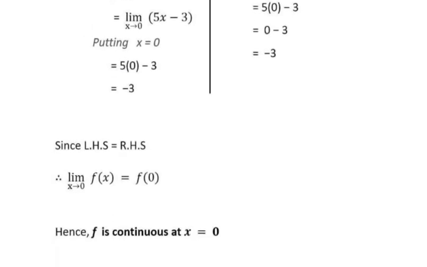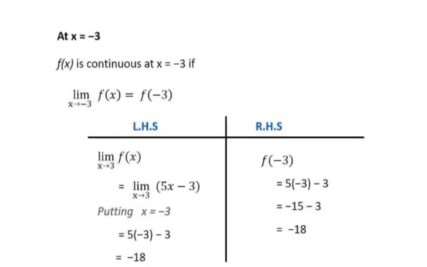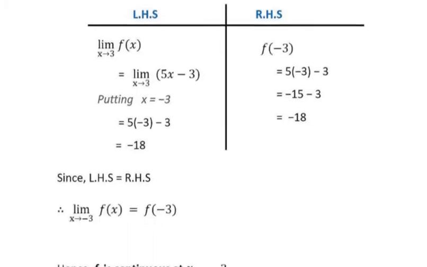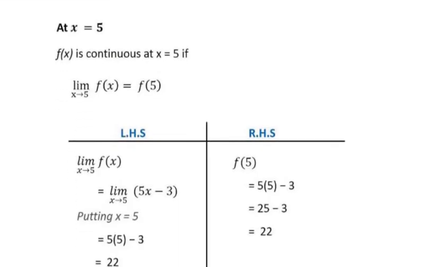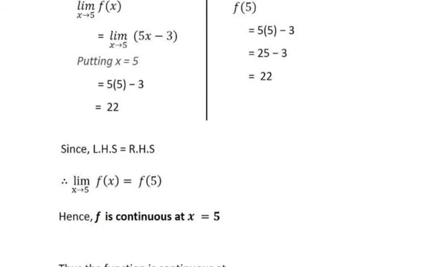Now the same sum we have to check for x = -3, right? So when x = -3, the function is linear, so directly we put x = -3 here. So the answer: left hand side is -18, right hand side is also -18. Hence the function is continuous at x = -3. Similarly, for x = 5 you can check, and as the function is linear,